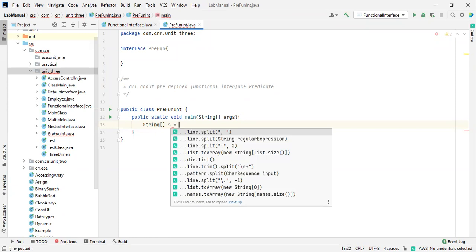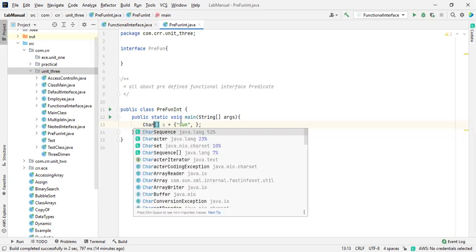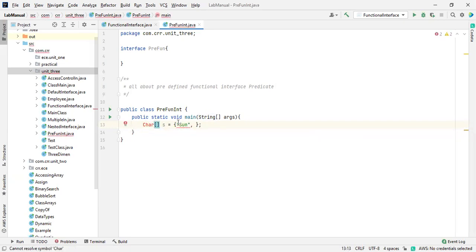You already know that there should be braces, which we call a single dimensional array. Then "sun" should be inside double quotes. If it is a char, then we take single quotes. You know all this, right? We should make it inside a single quote and there should be only a small letter. You know about the char data type. This is what we are doing, because now we are going to strings, right?